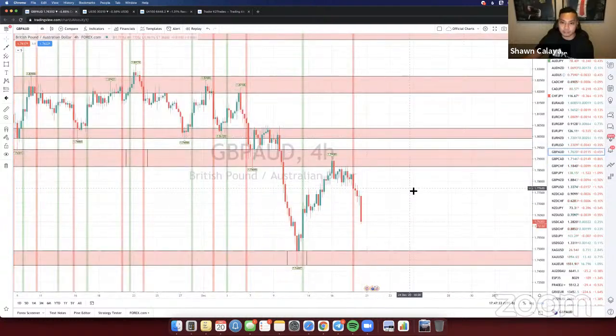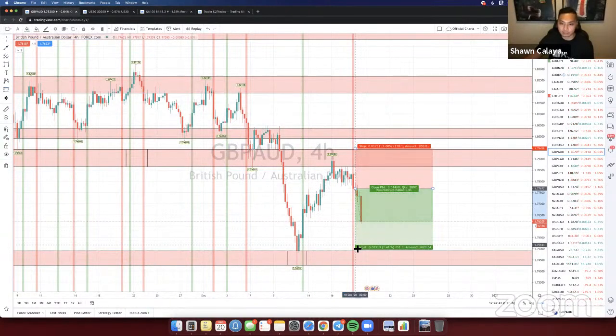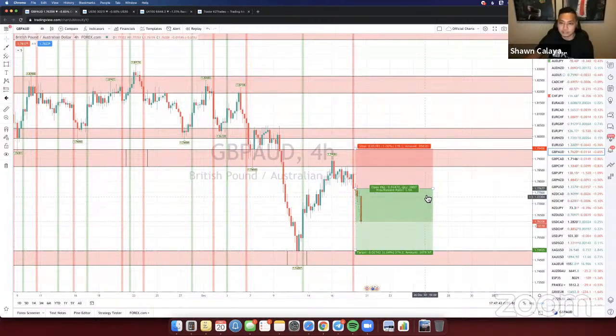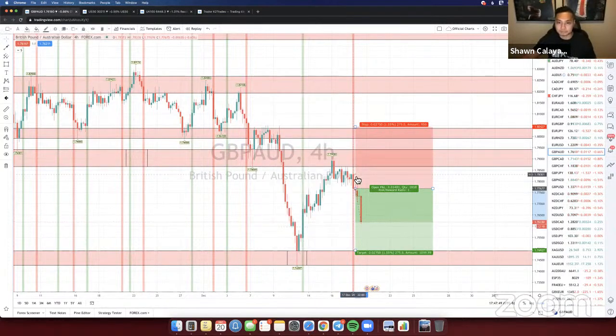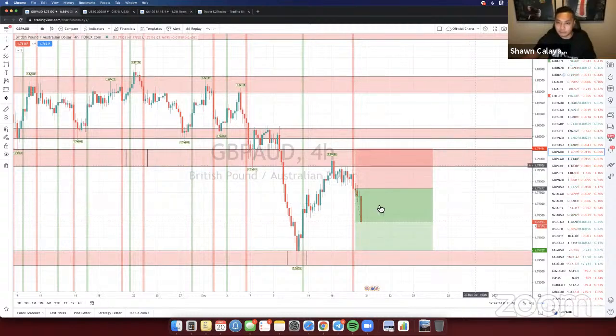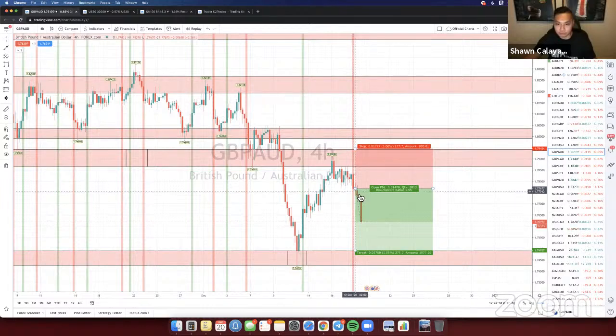This looks like it would have been a great entry. I wish I would have taken this trade because price broke the structure right here. We had a sell signal right there, and then we could have taken a short position for a gain of, wow, look at that, 275 pips, 275. Yeah, this would have been really nice right there. We did miss that trade. This was on Friday, I think. Yeah, on the 17th. That's why we didn't take it. It was too close into